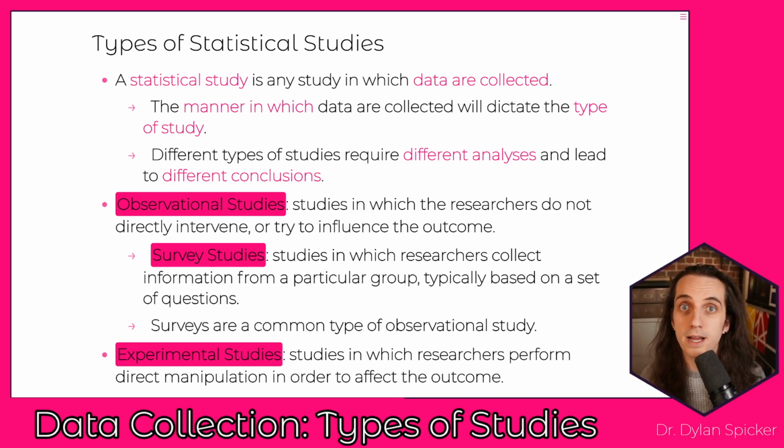studies are characterized by the researcher not intervening, an experiment is characterized by the researcher intervening. So they specifically are going to be manipulating what is happening in the study to see how that influences some outcome, right? So the most common kinds of experimental studies, or perhaps the easiest ones for us to keep in mind, are drug